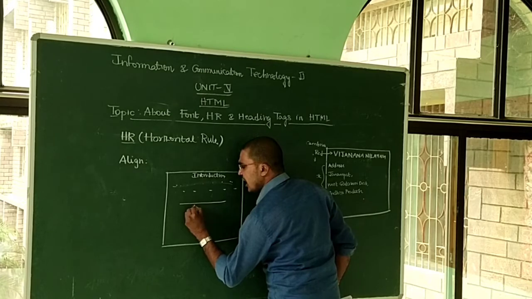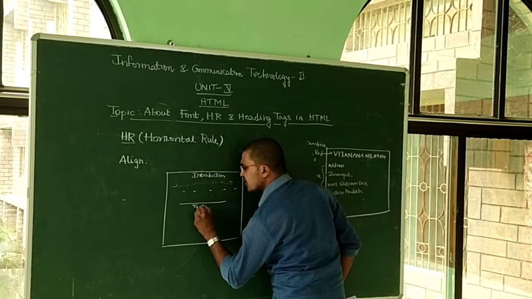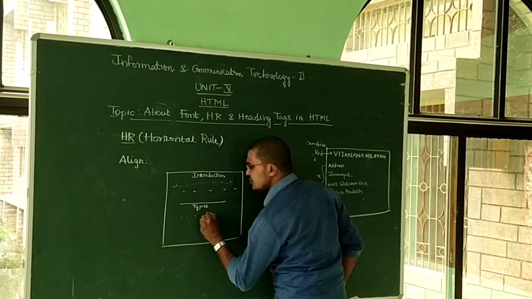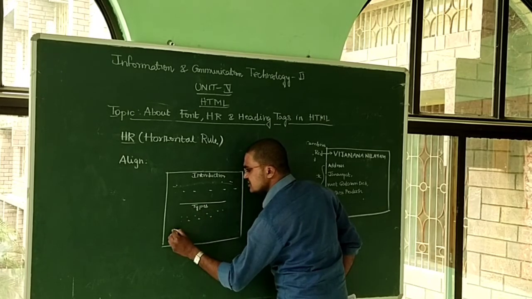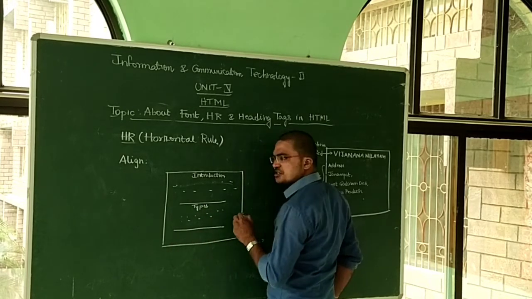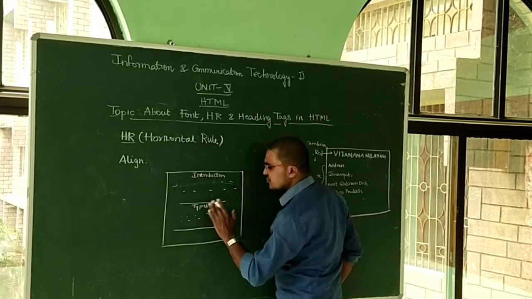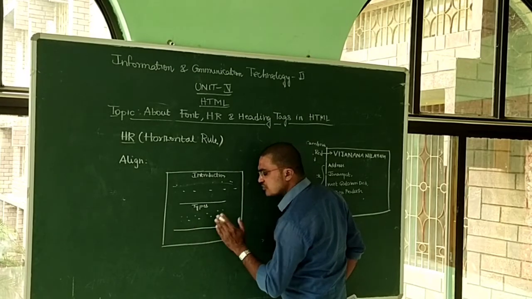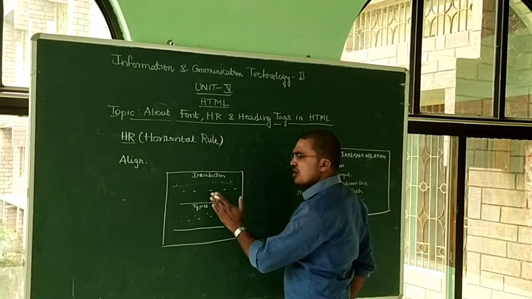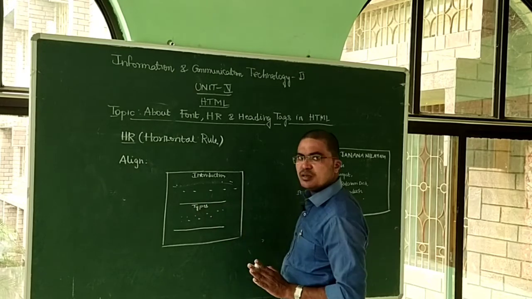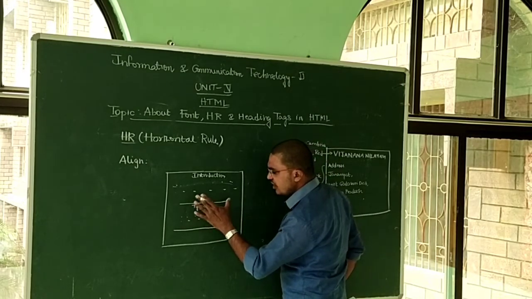Next I will prepare another heading on the same web page, which is types. Let us say we have prepared the types, it is also completed, and we put one more horizontal rule. That means the types of computer is also completed. Then we start with a new section. Actually, the horizontal rule helps in this way. But you just identify the horizontal rule.